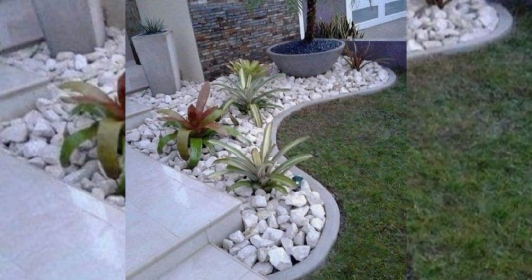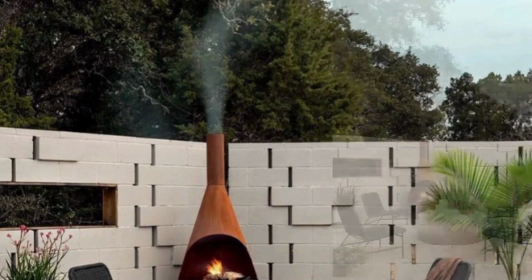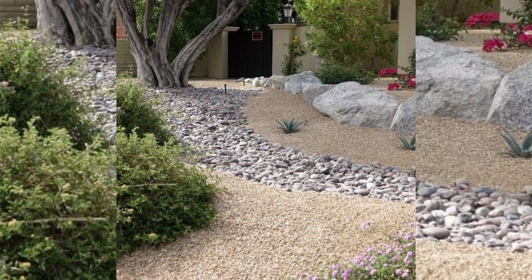Minimalist plant borders. Edge your flower beds with white rocks or crushed stone. This creates a clear separation between the plants and surrounding space, contributing to a minimalist